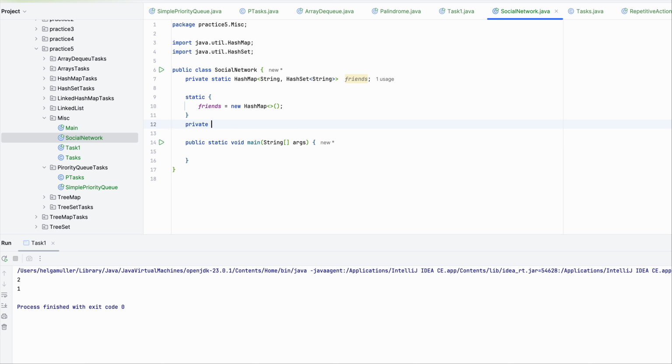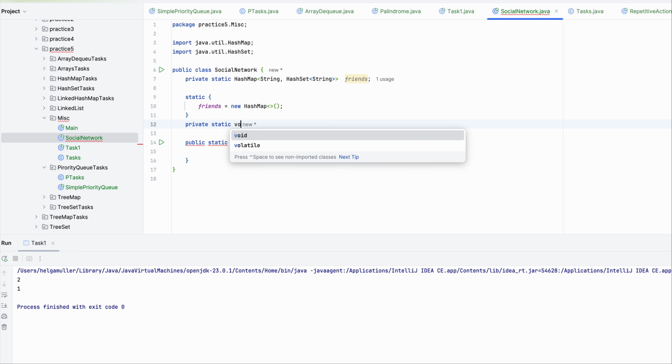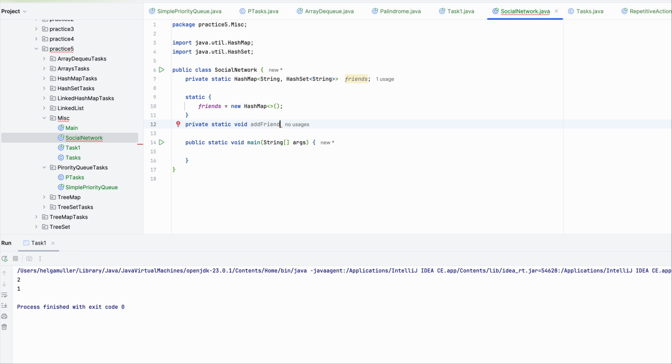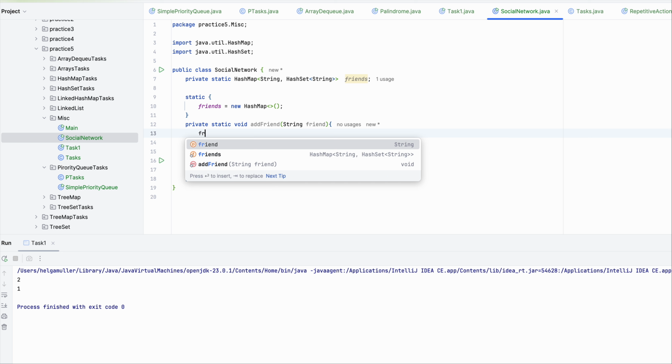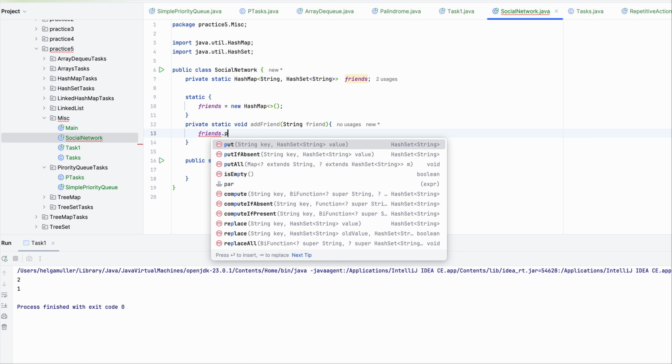So let's make it private and static again, and void add friend and friend, and let's use string here. So friends, put